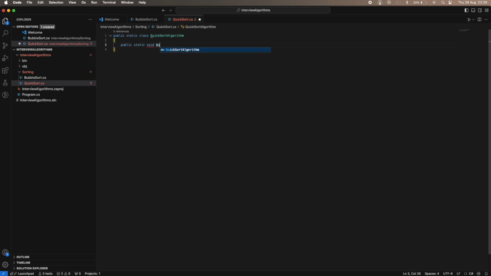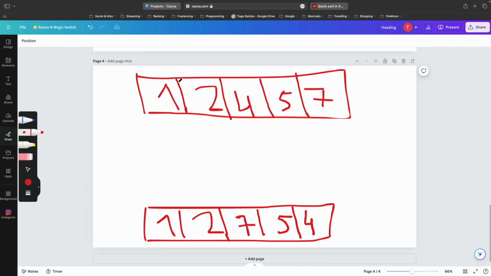Declare the method. So we receive an array like this one, and then we want